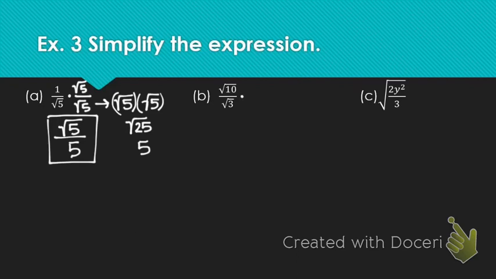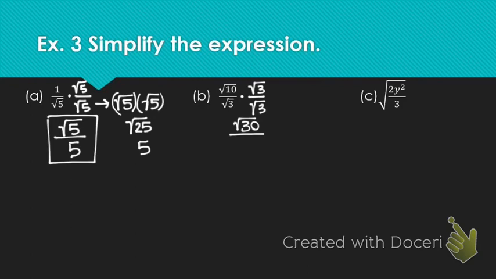So we're going to write our new fraction and we're going to be multiplying by that new fraction. Now remember, the new fraction is the given denominator over itself. So the square root of 3 over the square root of 3. Now, remember what we also learned earlier today. We are allowed to multiply numbers as long as they are both underneath radicals. So 10 times 3 can be done because both of these numbers are under the radical. So we have the square root of 30 divided by